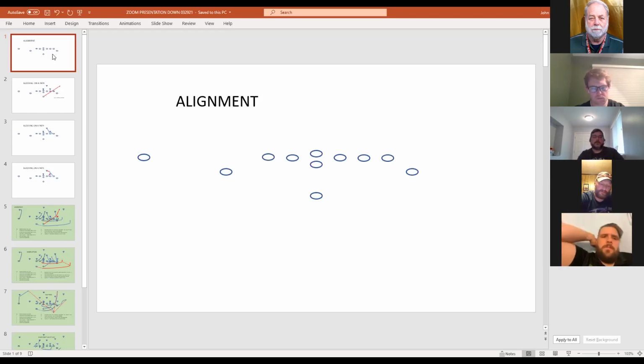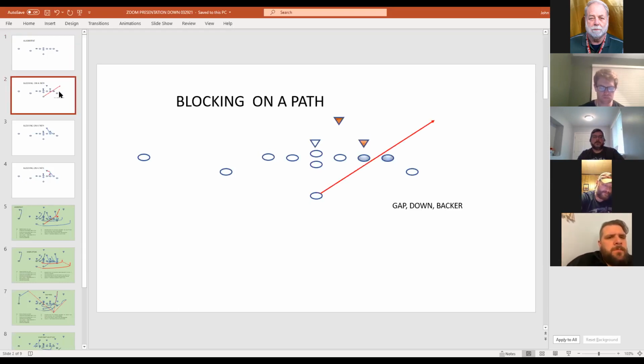Okay, so I'm going to talk a little bit about blocking and blocking on a path. Now, if you'll notice in this diagram, we have two players that are kind of highlighted here: the right tackle and the tight end. Can you guys see that? Okay. Their responsibility on the down play, and since we're going to feature the down play tonight,